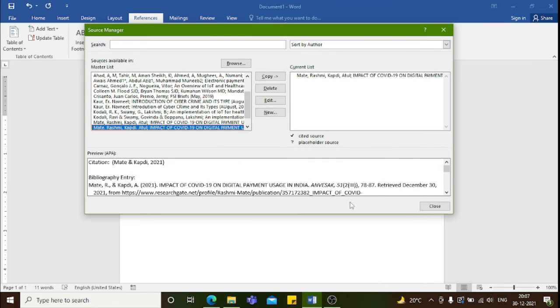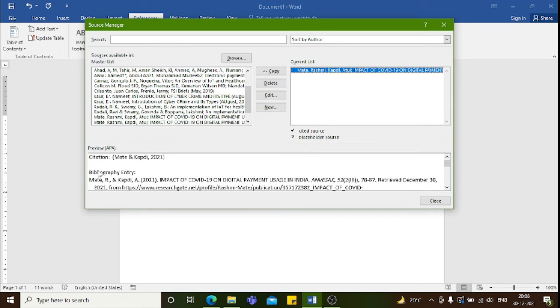So in this manner the reference has been created, and now here it is coming here and no tick is there. It means that it has not been referred in the current document yet. Okay. So once we insert this reference, then there will be a tick against it, and it will show that it has been added in the document. Here in the preview box we can see that whenever we refer to this, it will appear in this manner in the document.